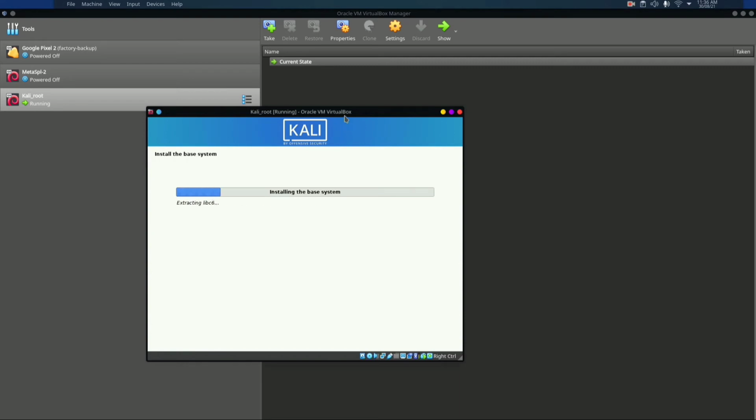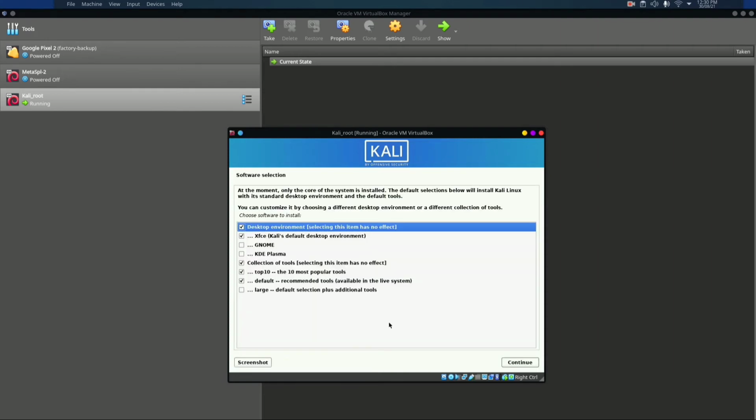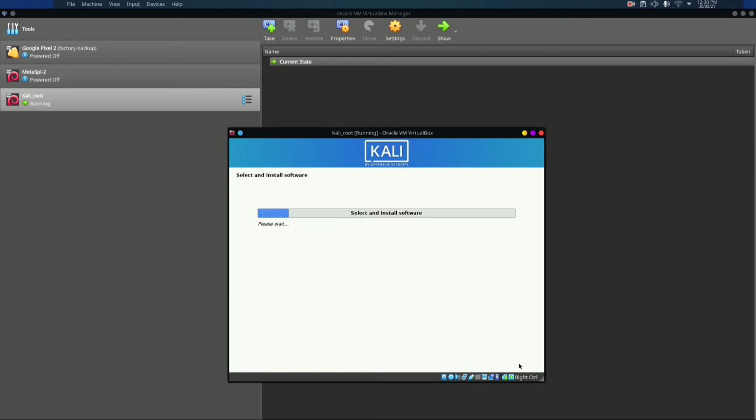Right now it is installing a base system, so it will take some time. Once the system is installed, you will be prompted to install a desktop environment. So I'll just choose the default one and click on continue.